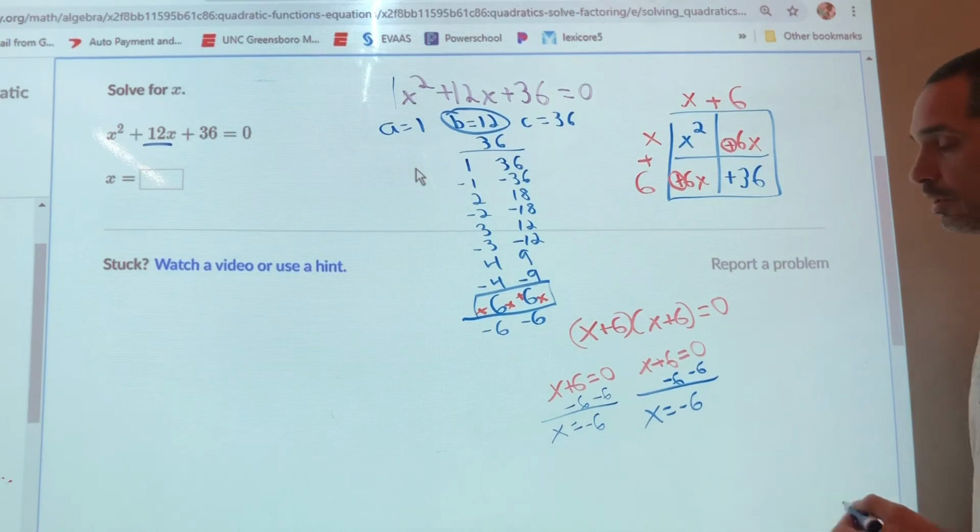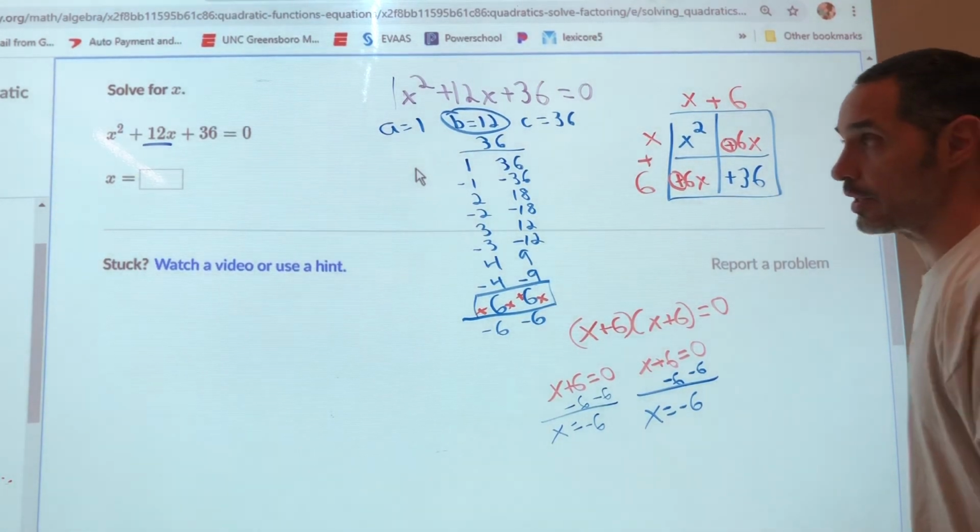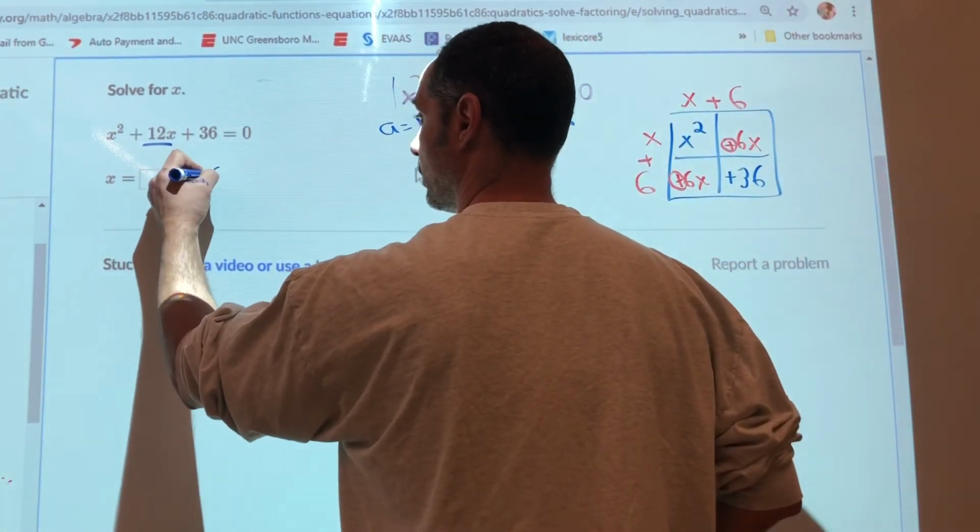And we see we get two answers, but it's really the same answer. So this is called a double root. And when we get an answer like that, we just put that answer in